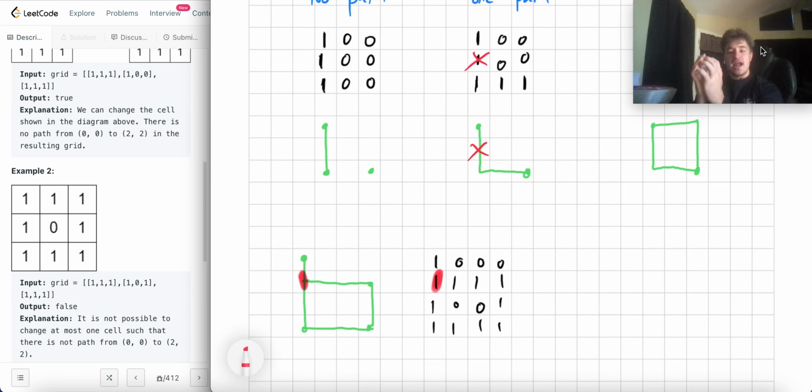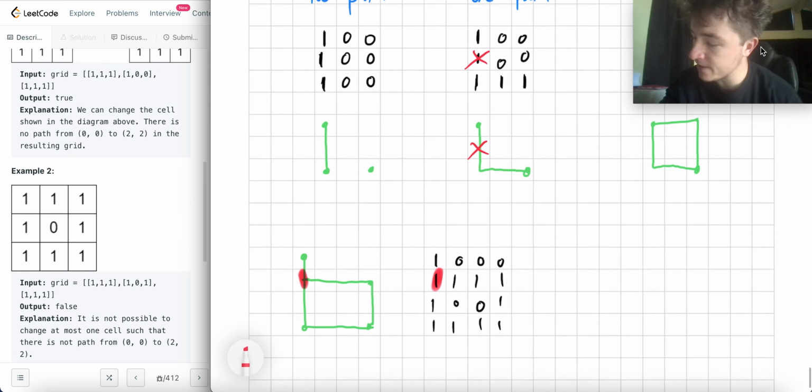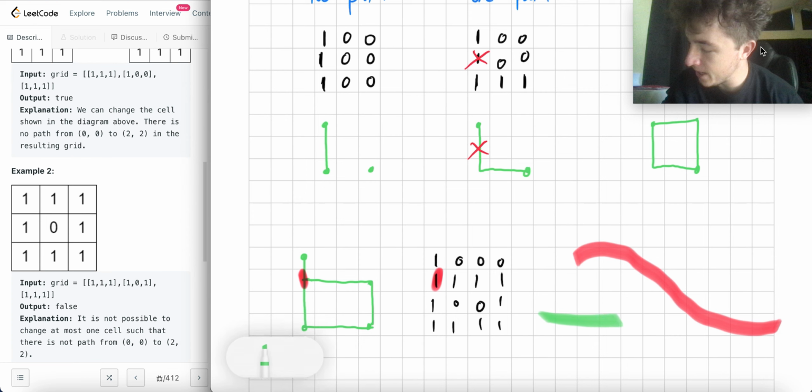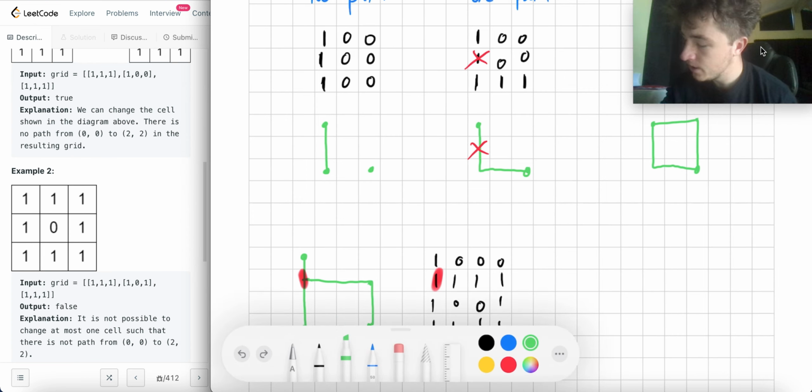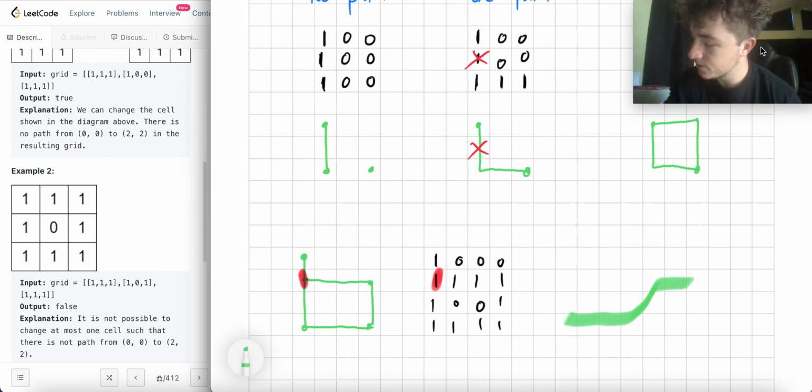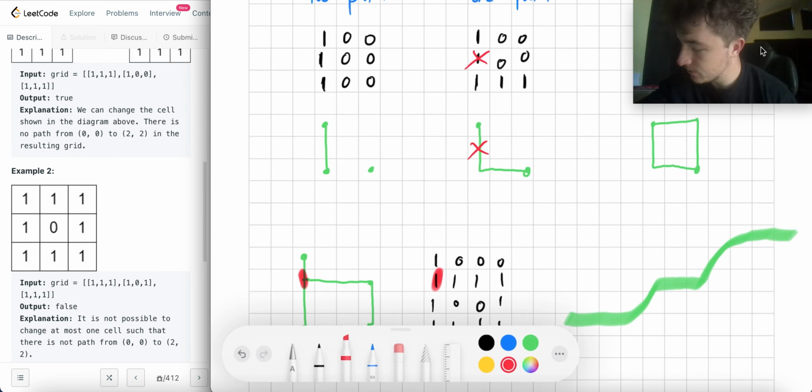And since they share a point, if I delete that point, then they are no longer connected, right? If I had two paths, like a green path that went like this, and a red path that went like this,